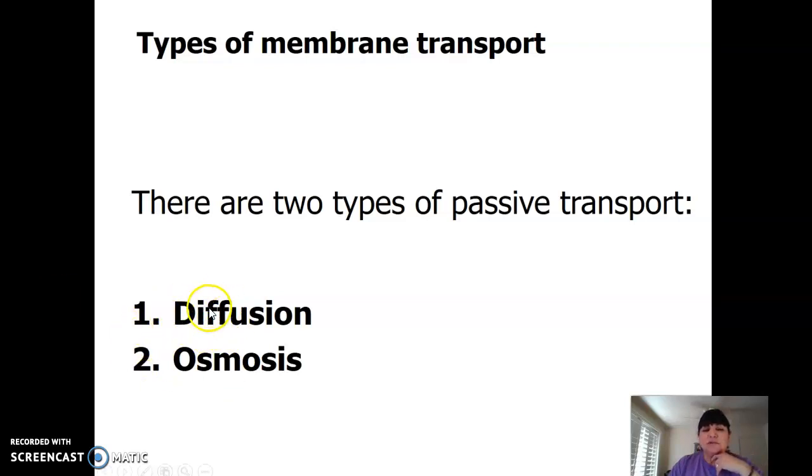So there's something called diffusion, there's something called osmosis. And I'm going to have videos for you to watch. Watch the videos because they'll be very helpful, where they're animations of diffusion and osmosis. The word diffusion, what it means is molecules moving from an area of greater concentration to an area of lesser concentration. For example, if I had air freshener and I sprayed some air freshener, right where I sprayed it,